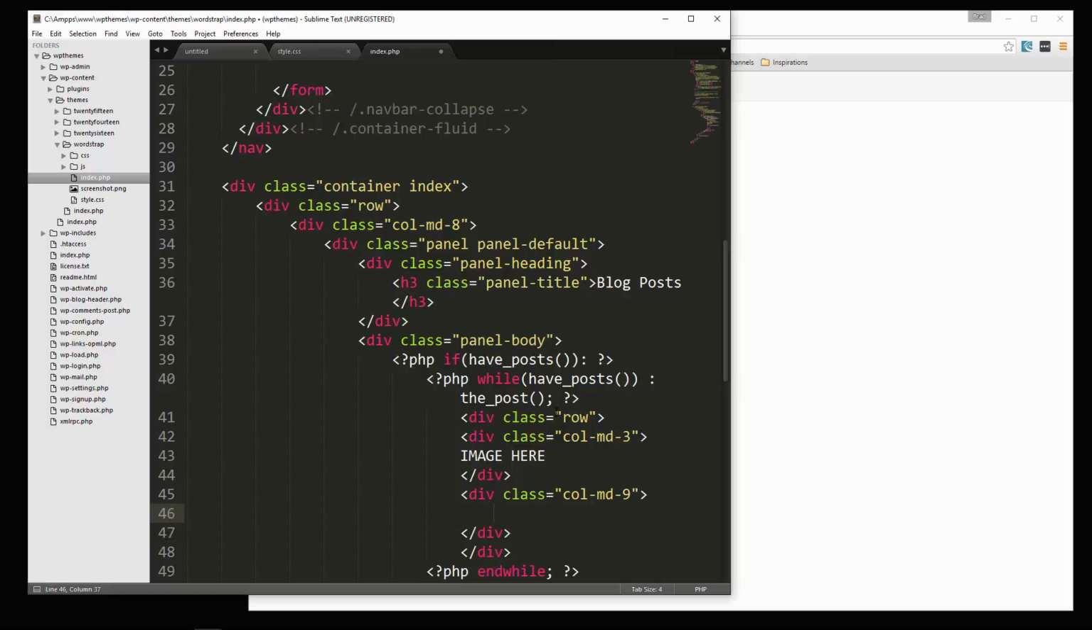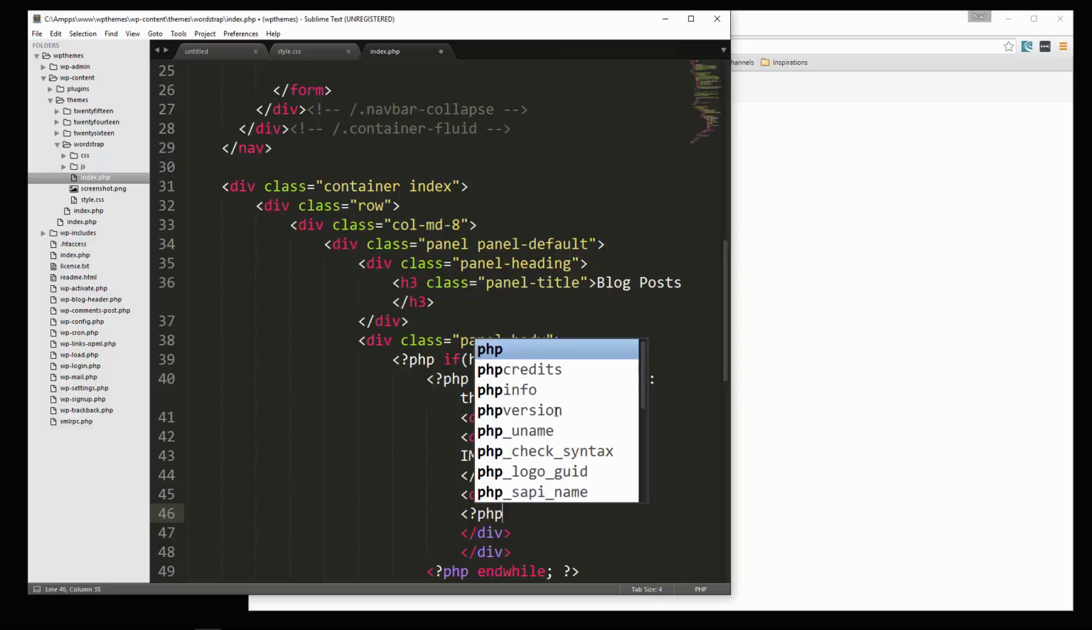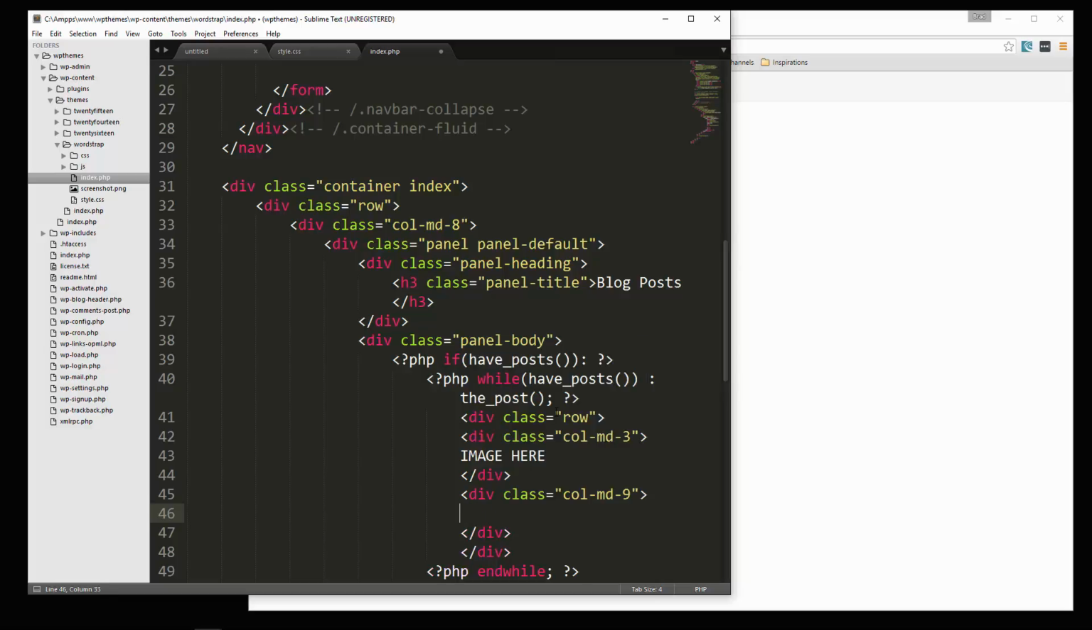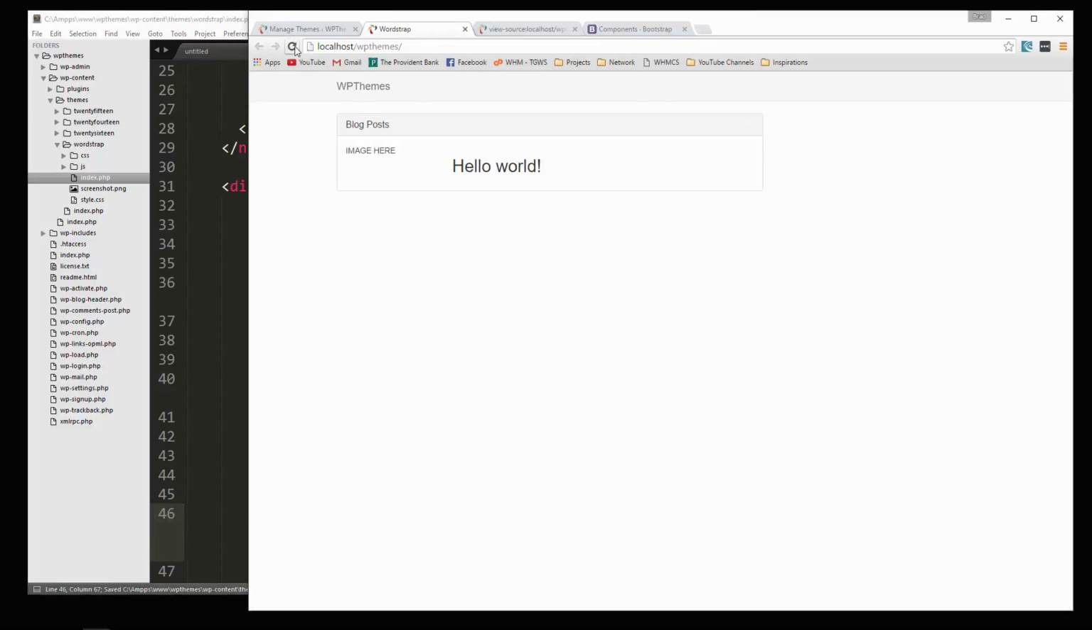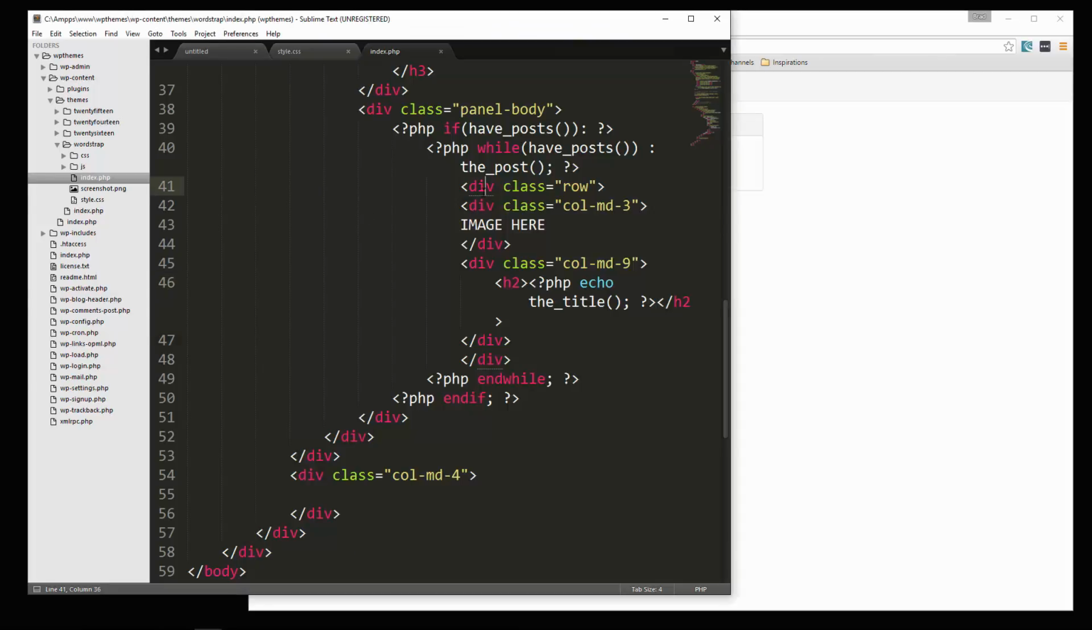And in here, let's put in the title. We can say PHP. Actually, we'll put this in an H2. PHP echo the_title. Alright. Let's save that. Okay, so here you can see we have our 3-column div where the image will go, and then our 9-column with the content. So we'll get back to adding all the content there in a little bit, but let's continue on and add